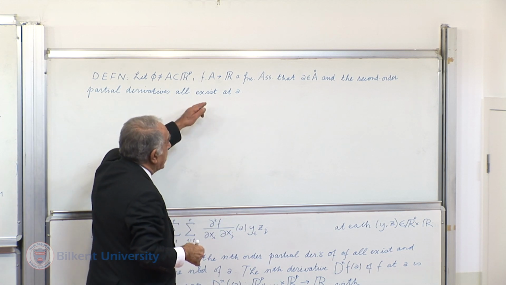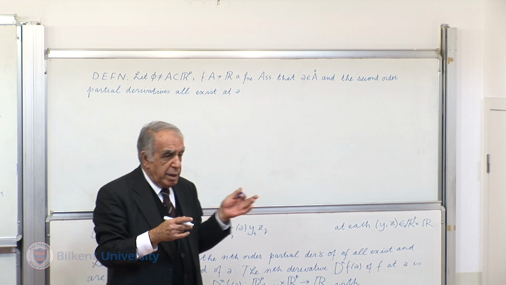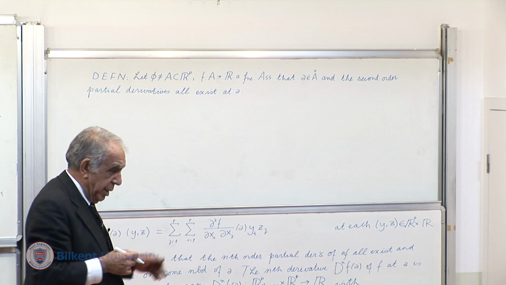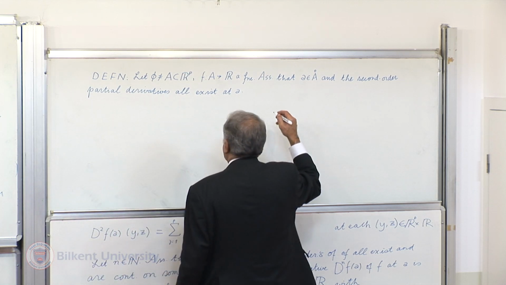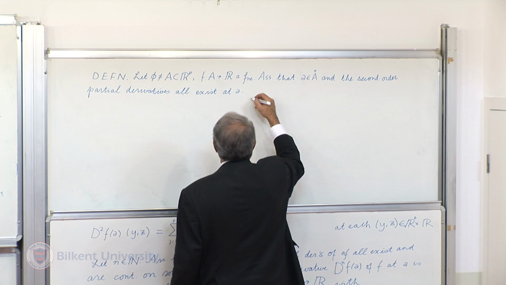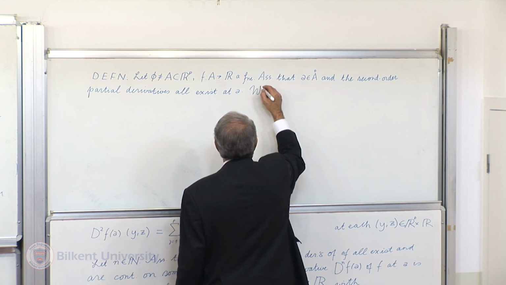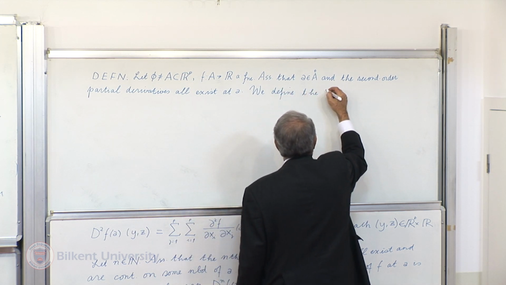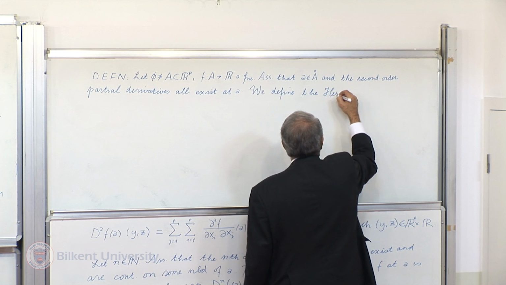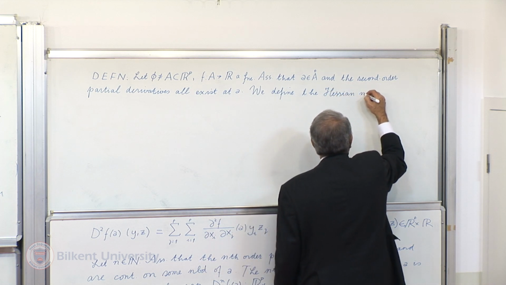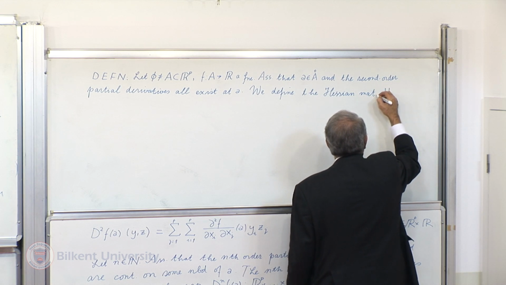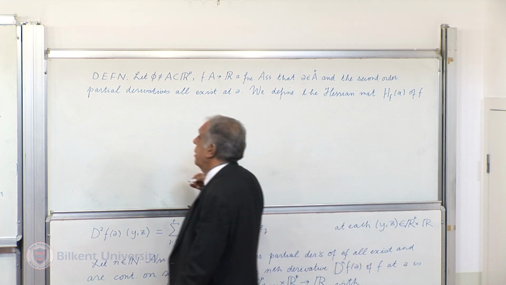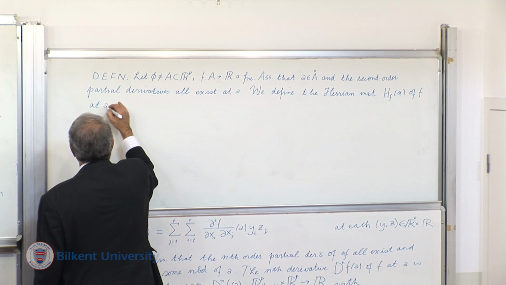Just to define the Hessian matrix, I don't need the interchangeability of the order of partial differentiation. Just the existence will be sufficient. We define the Hessian matrix H sub f of A, of f at A, by